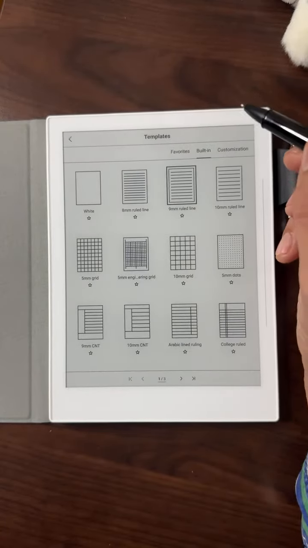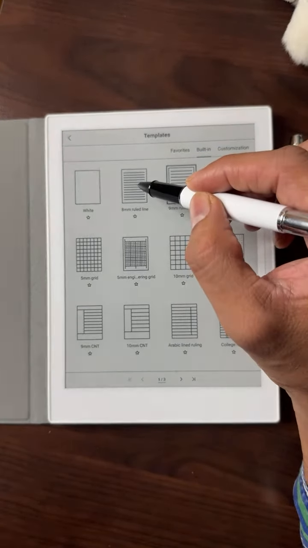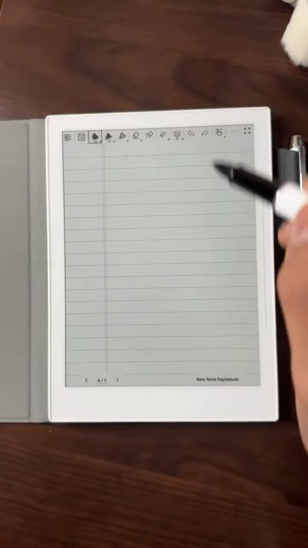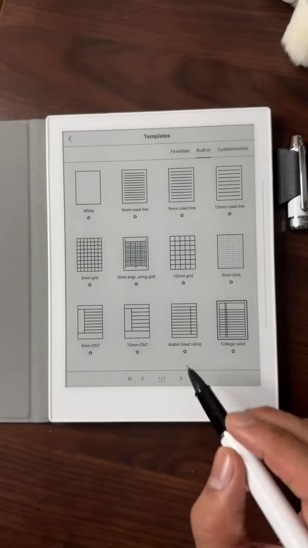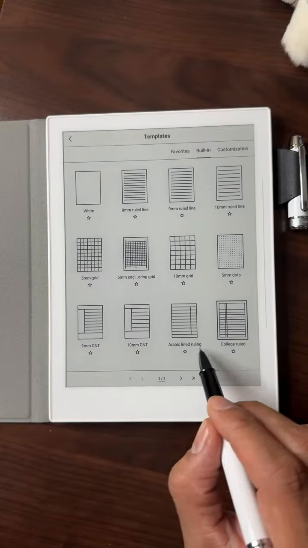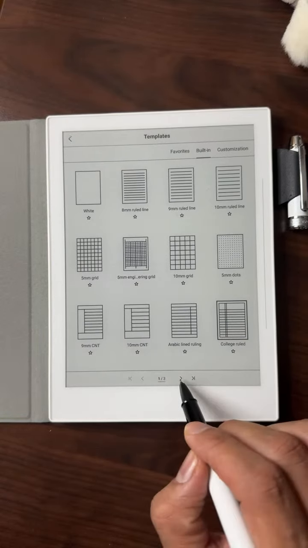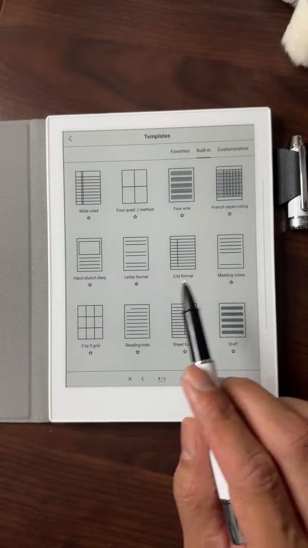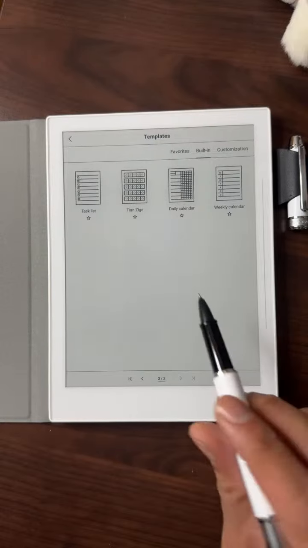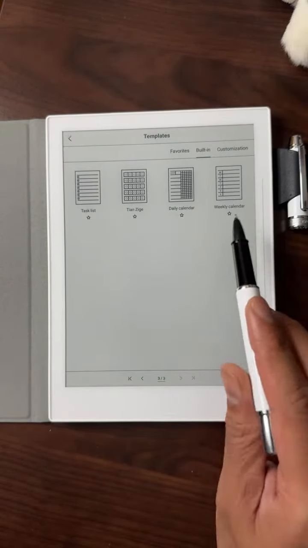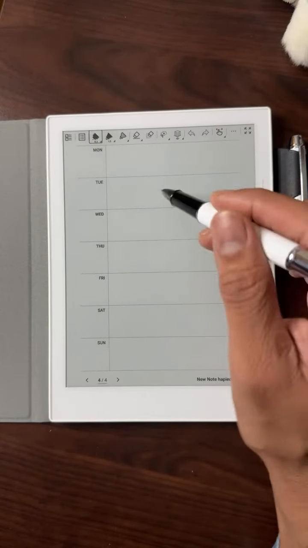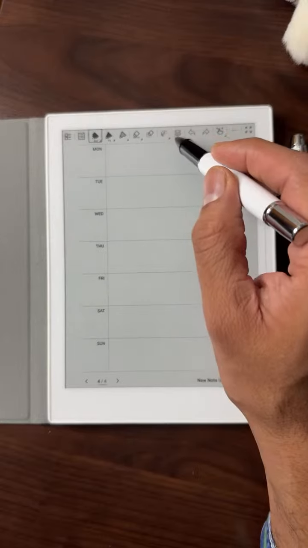And we could even have lines with 8 mm, or we could even have college ruled. Oh, there are more options. I didn't realize. Let's see that. So you see this is one of three, and there are some weird patterns too. Arabic line rule, 10 mm, 9 mm. I don't know what is that. You see there are so many different types. I never saw that. There are also grids. Daily calendar, wow, weekly calendar. So if you are a calendar person, then you could even have a background like that, you know,